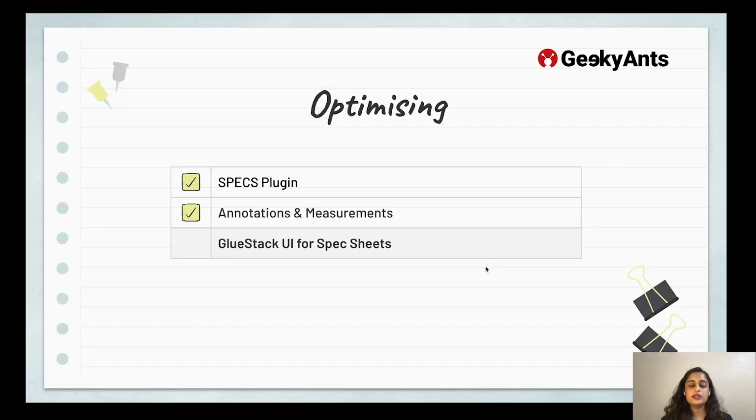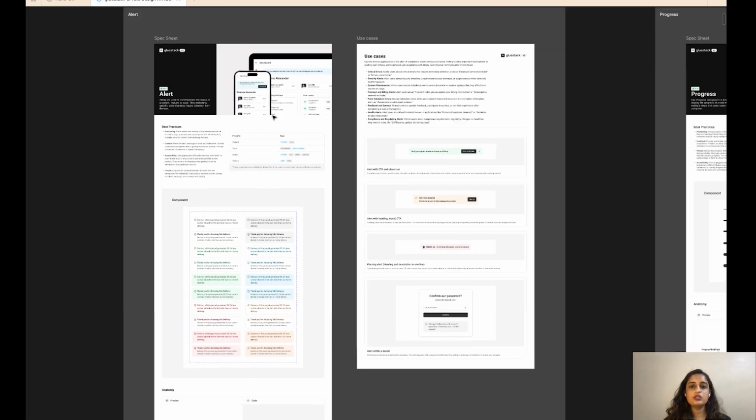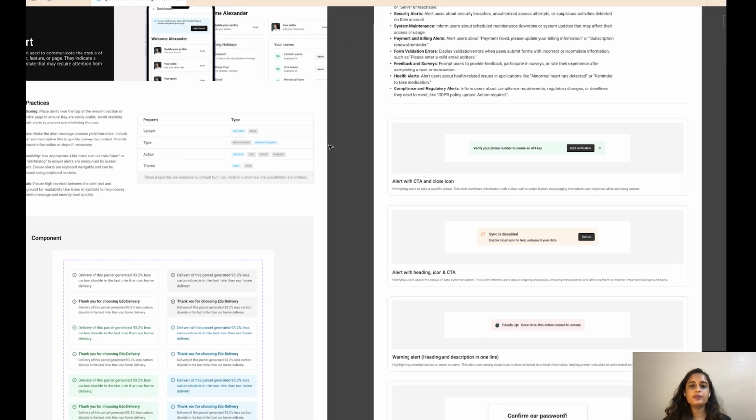The last one is BlueStack UI for spec sheets. So generating spec sheets is very tedious, but you can take references from existing projects or existing component libraries to generate a spec sheet of your own. One of the best spec sheets that I've seen is on BlueStack UI that we at Geekyans use. So it's very detailed.